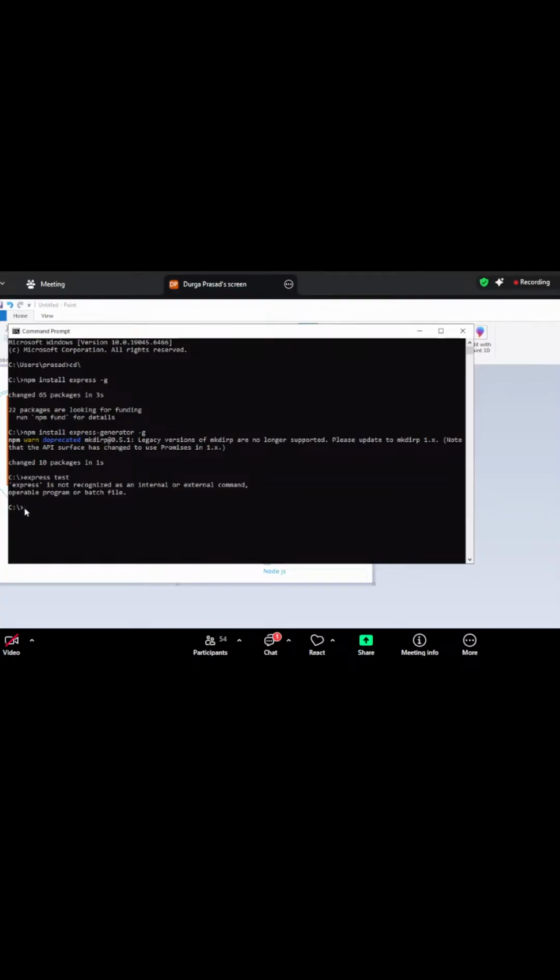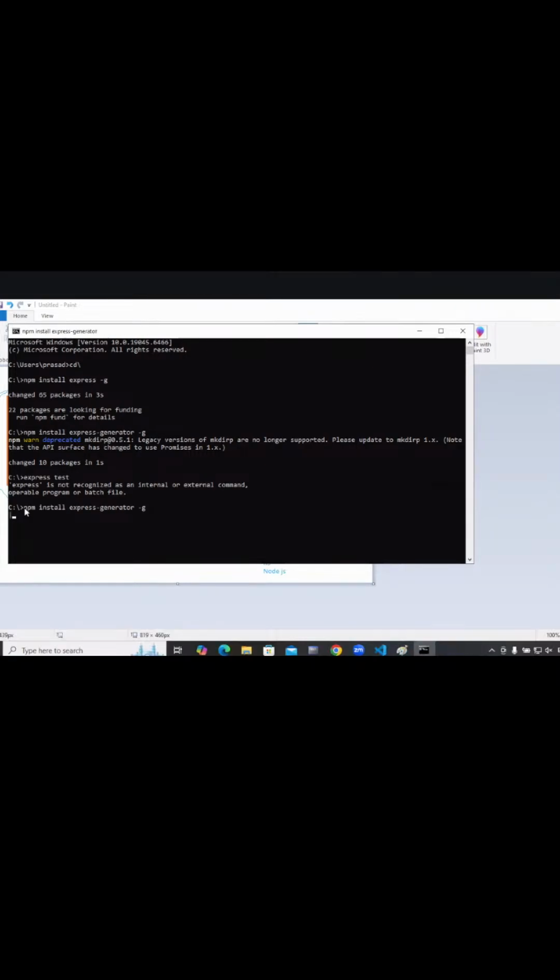If I do it in one single folder, that will be done. But I want to make it global. Express generator. Minus g should be after install, I think. npm install minus g. You can place it anywhere actually.